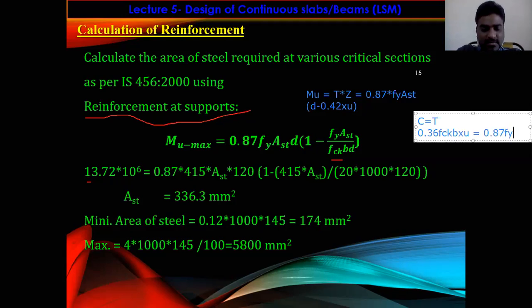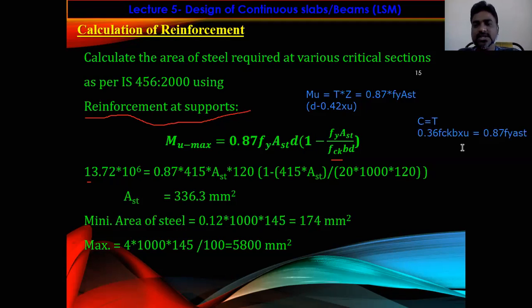equal to 0.87 f_y A_st. So from this equation, x_u should be calculated in terms of A_st, right? And that x_u should be substituted in this equation. So you will get the formula, which is derived from the basic only. If you are confused with this equation, you directly use this equation, that means M_u is equal to tension force into lever arm, and substitute here, and you can calculate the area of steel required at supports,